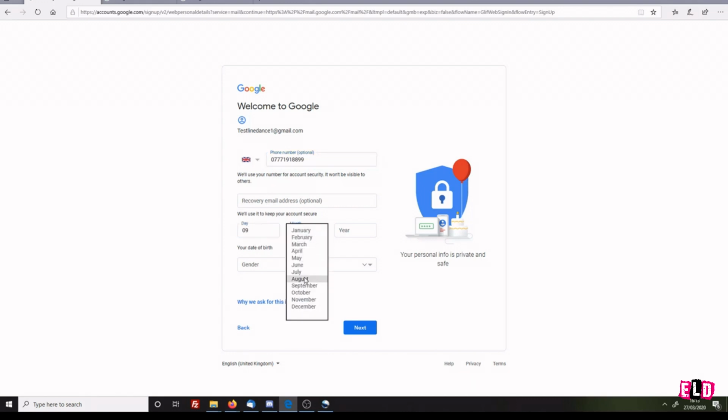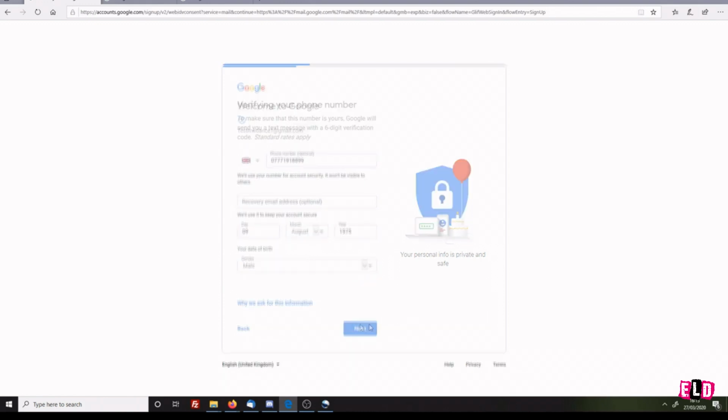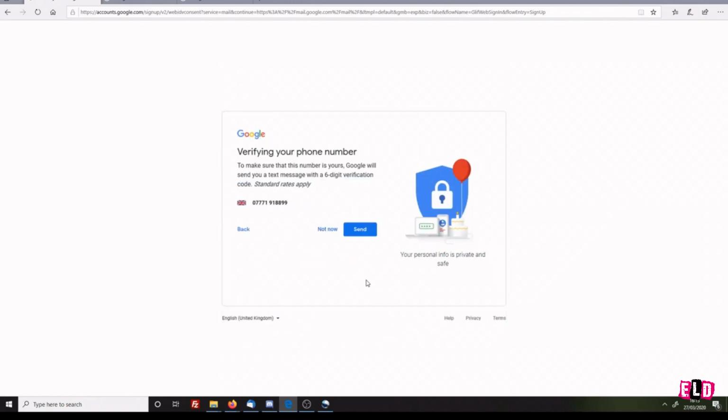Put in the date of birth and your gender, if you so wish. Click next. Now within probably 30 seconds you'll receive a text message from Google with a code. When you get that code, you need to type it into this box. For the purpose of this video, we've got one here, 025073. So you can click verify now,